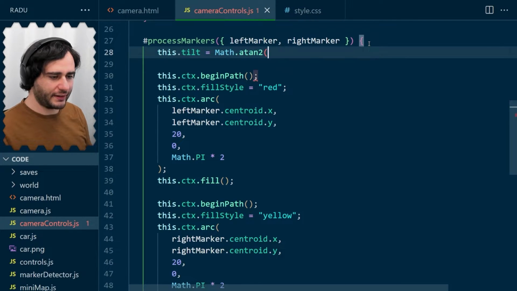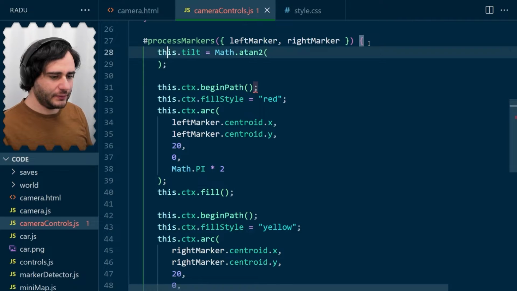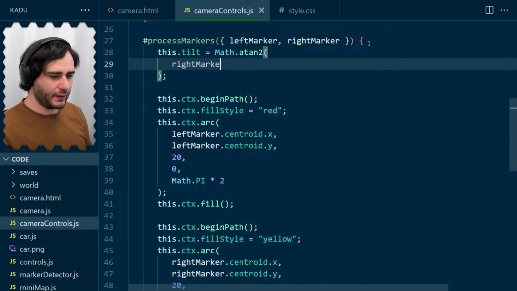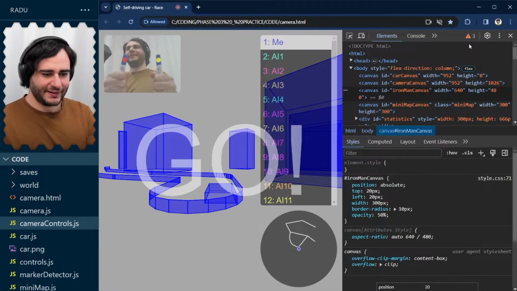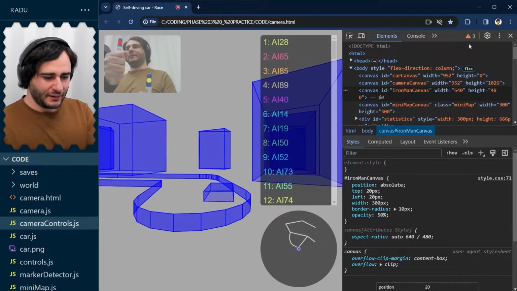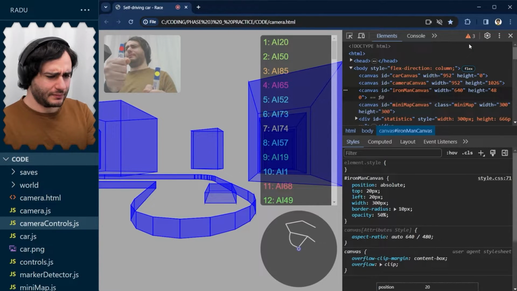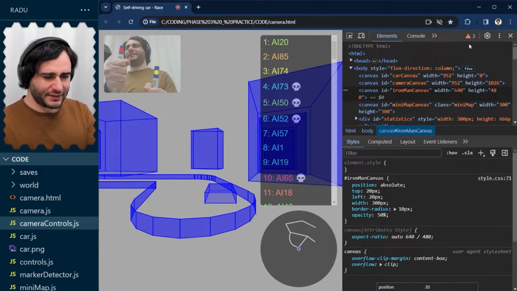So we use arctangent here between the difference on y, like this, and the difference on x. And now this should work. Let's save, refresh, and it did something, but